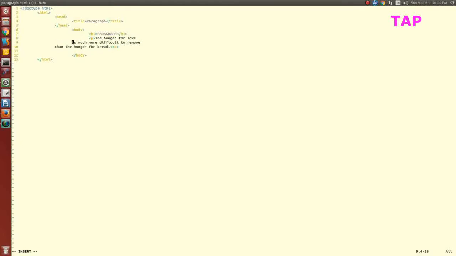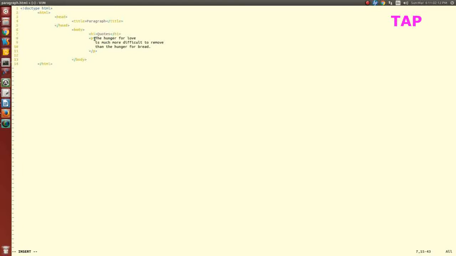So I may expect that the output will also come in three different lines, but the output will come differently because I have taken the three lines in one paragraph tag. So let's save it. When you see the output, it will be much clearer for you.